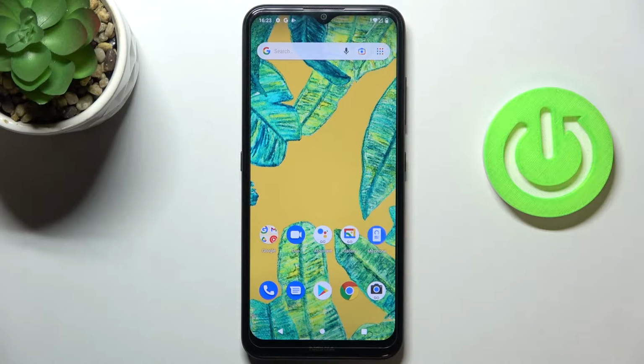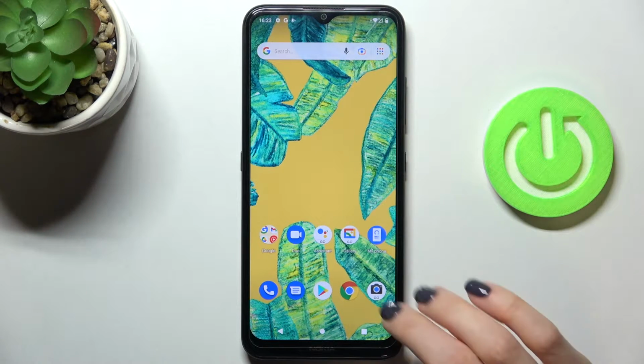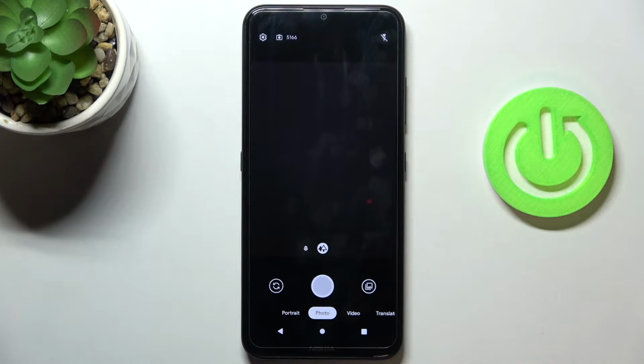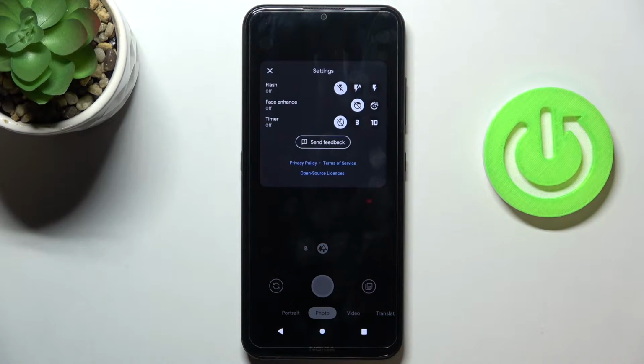In front of me is NOKIA 1.4, and let me show you how to activate camera timer on this device. So first of all, just open your camera app, then tap on the settings icon, and here you've got the timer, so you can pick 3 or 10 seconds